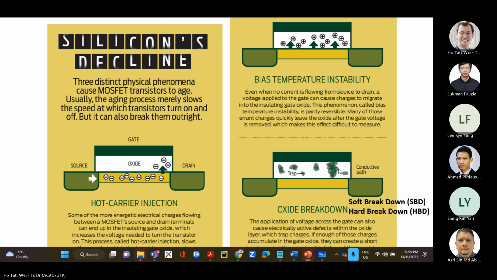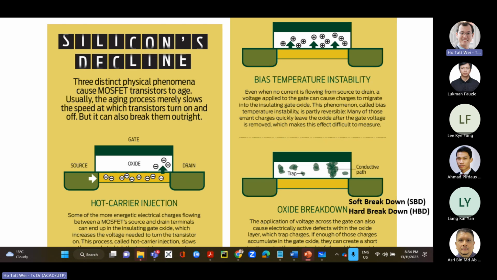But when it's a failure case, that is the oxide breakdown, there is a direct conducting path. In this case, the charges cannot collect here. You apply a gate voltage here, there's current flowing through here, and this thing doesn't really function like a transistor anymore. Okay, so this is HCI, this is abbreviated BTI, and this one, some places they abbreviate TDDB, time-dependent dielectric breakdown, or here call it oxide breakdown.